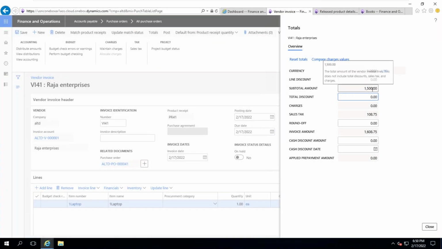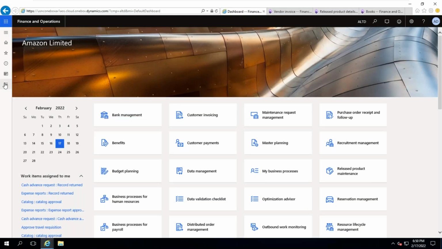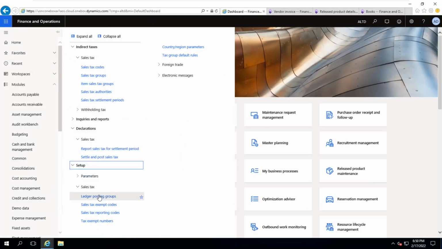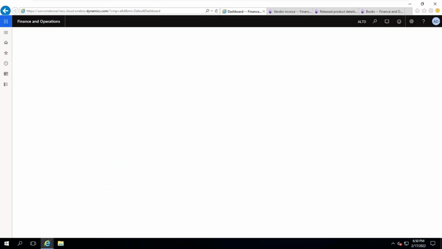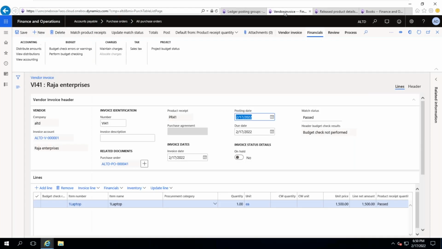It is 15300 with 1087.75, 1,108.75. Let me recheck once again, ledger posting groups, it was enabled, fine. Now let me post the